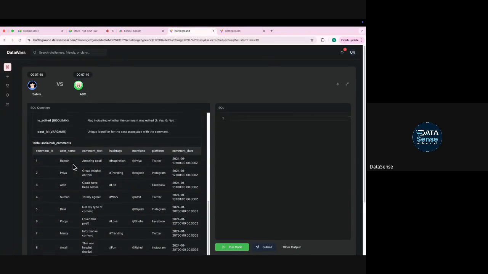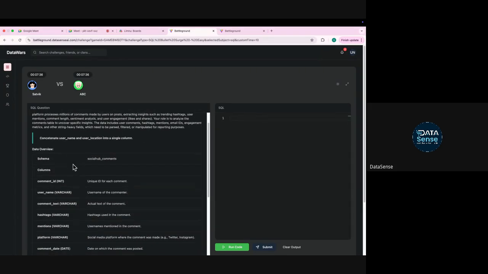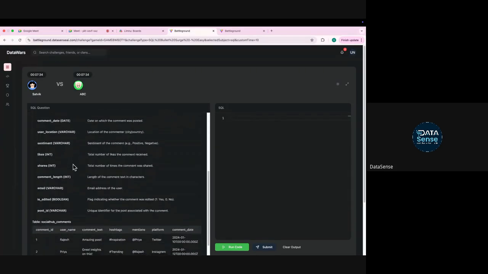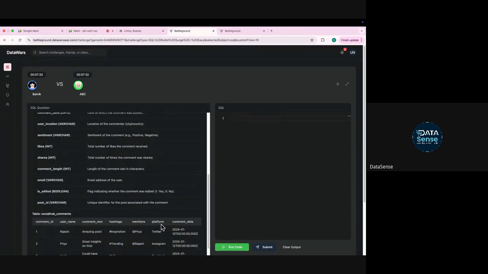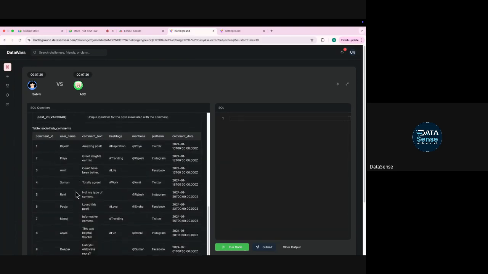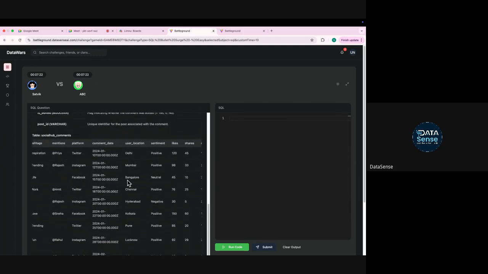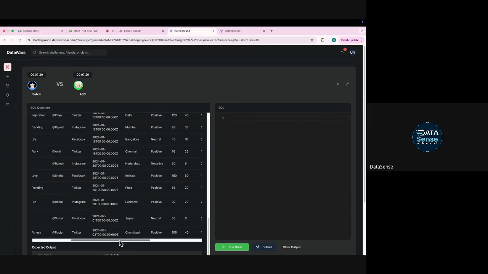User name and user location into a single column. So what is user location? This table contains it. Okay. So how can I concatenate them? Can someone tell me?